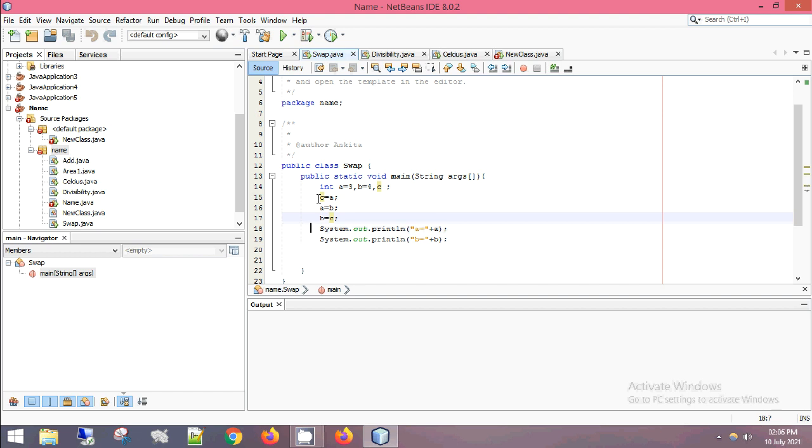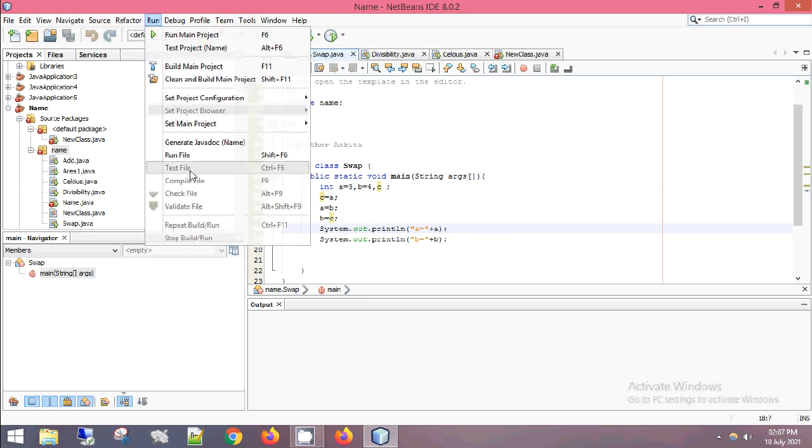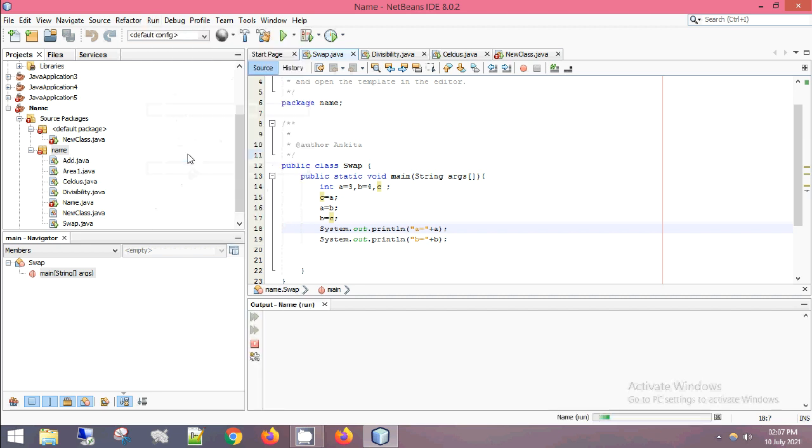Then I am printing with println. So over here System.out.println, in double quotes I wrote a is equal to, that means this text will be printed as it is, attached by the value of a. For attaching I will use plus a. So I just run the code and show it to you. In the output screen the output will come over here. Now you can see a is equal to 4 and b is equal to 3. I hope the concept of swapping is clear to you.